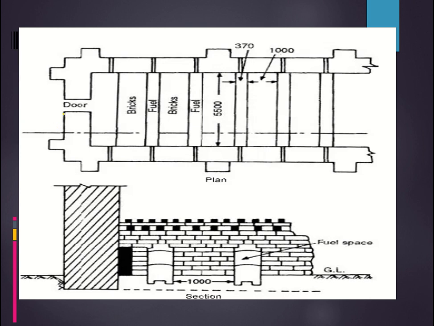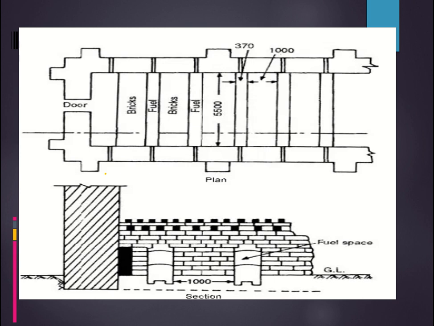So what we do is, you can see there is only one entrance to go inside. So we will go through this door, we will place the bricks, we will place the fuel, we will place the bricks, fuel, and once we come out we close the door. The top surface will be closed obviously. So we will come towards this passage, we will ignite the fuel, means we set the fuel on fire. So the complete burning process is initiated.